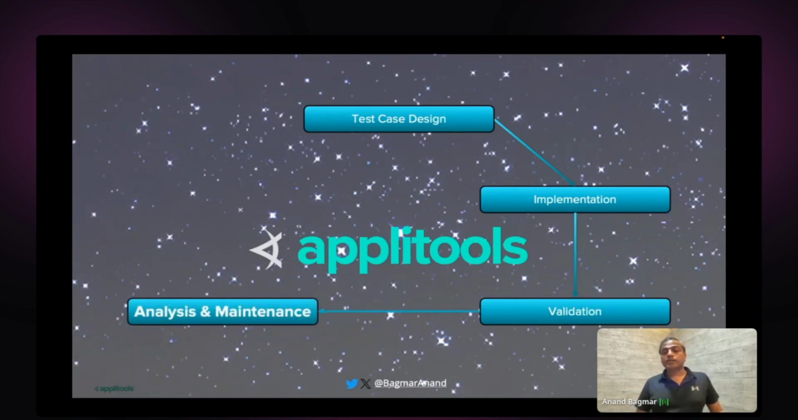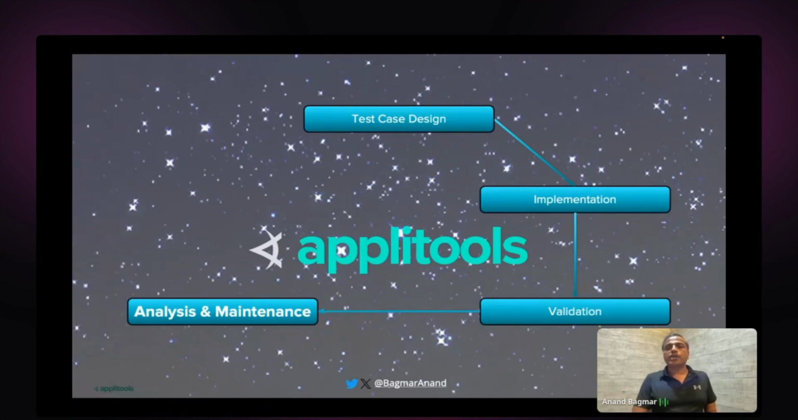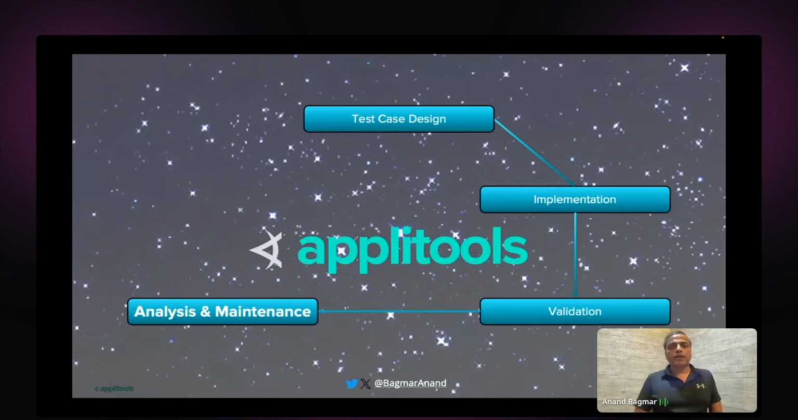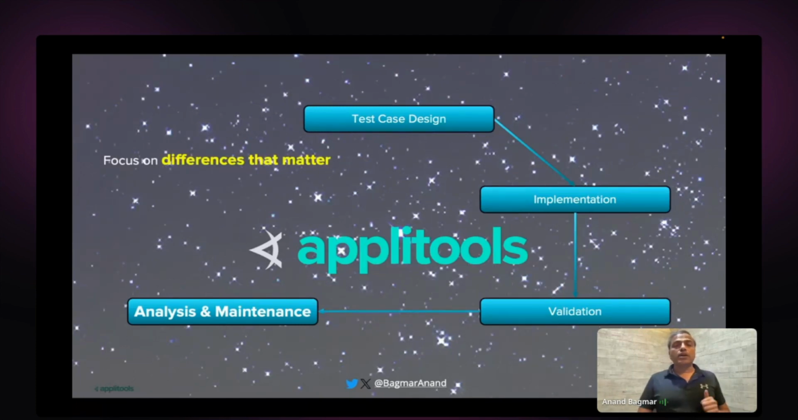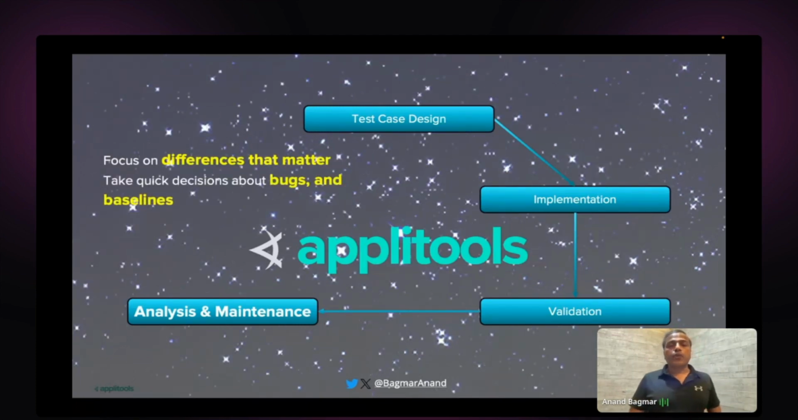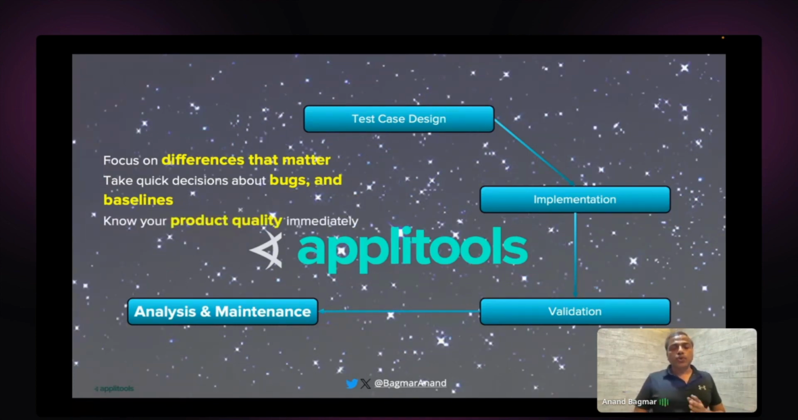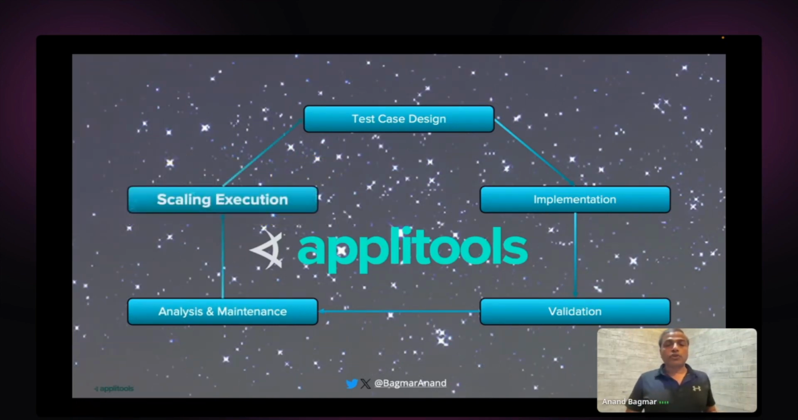The analysis and maintenance is again a very key aspect. You don't want to spend time finding all the issues that might exist in your product. With Applitools, if there are any differences reported, then you go to the Applitools dashboard, and you focus only on the tests that have differences reported. You don't need to look at tests which are passing because that is working as expected as per your choice of algorithms. So analysis and maintenance becomes very important. You can focus on differences that matter. You can take quick decisions about bugs and baselines, whether to update it or not. And also, you know your product quality immediately across all the different browsers and devices,